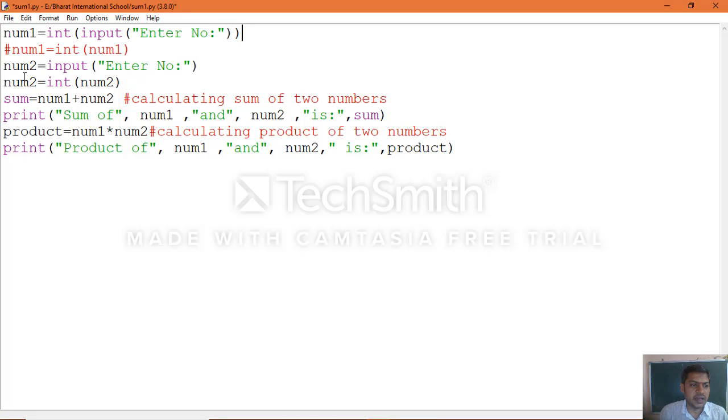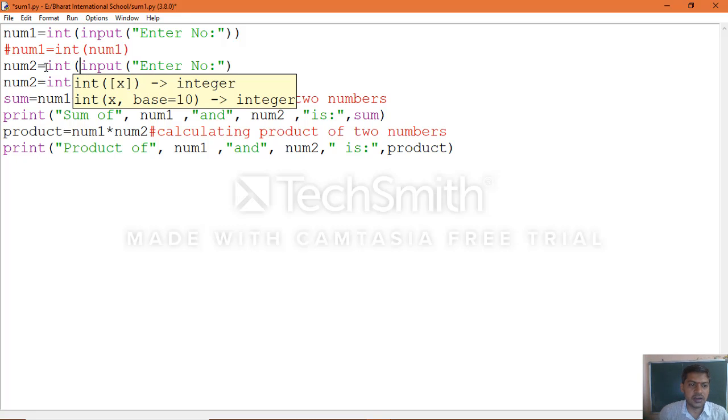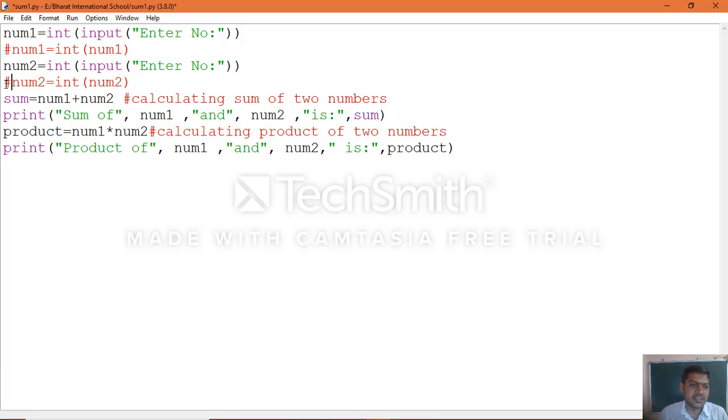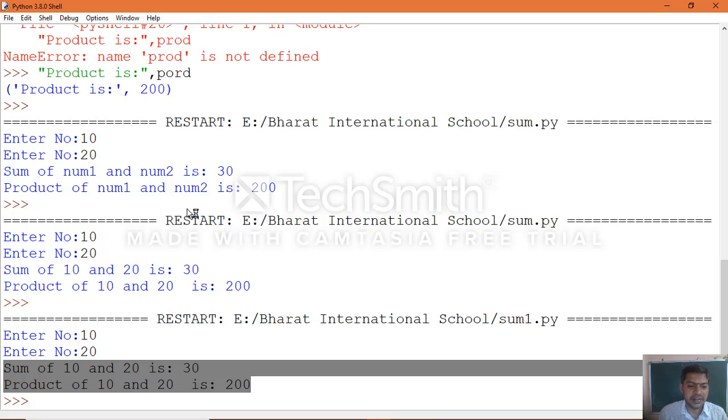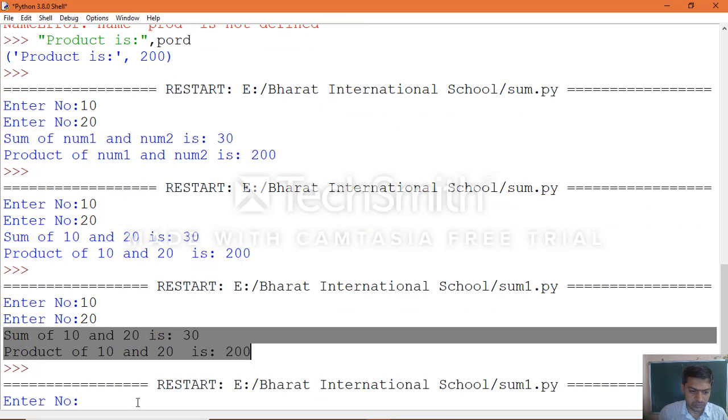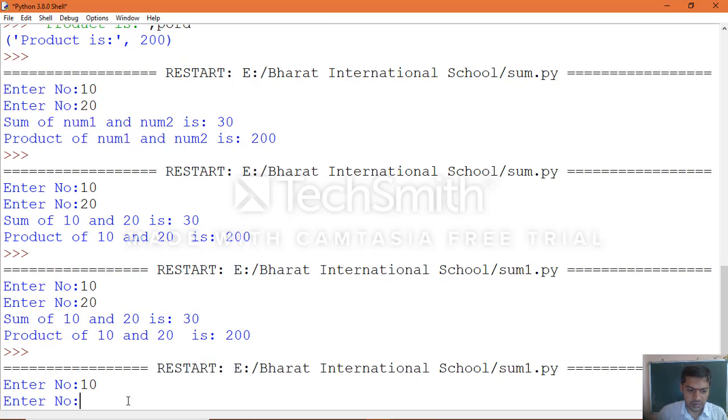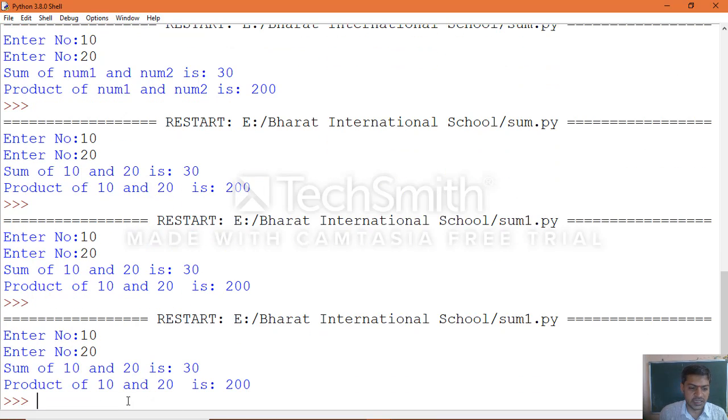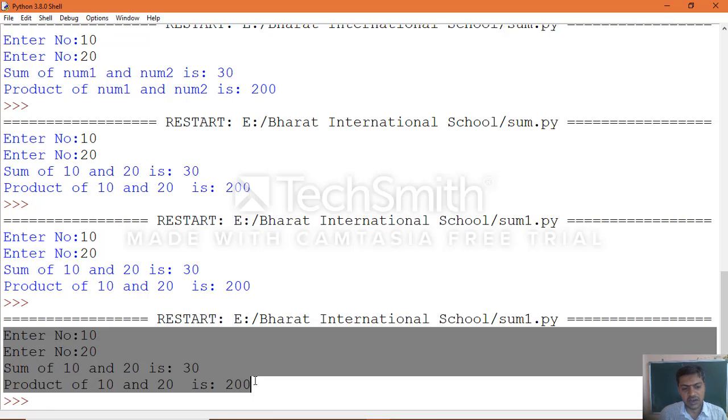Same manner num2 also, within a single statement, using int of input of. Now put this one in comment. Instead of writing two separate statements, we can write a single statement. Yes, save it again. Go to run module, execute it. 10, 20. You can see clearly how we made multiple statements into a single statement and how the program executes.